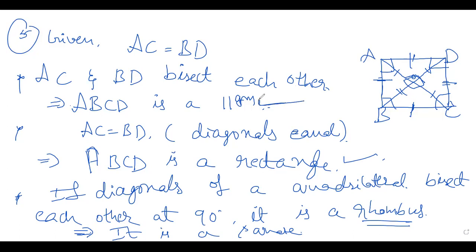It's a parallelogram, we write. In a parallelogram opposite sides are equal, right? So if diagonals are equal, we can say it is a rectangle. Opposite sides equal, we were saying. Here we are saying it is a rhombus, and the diagonals bisect each other at 90 degree. So rhombus means what? All the sides are equal. So diagonals are equal and bisecting at 90 degree, and all the sides are equal. So you can say it is a square.